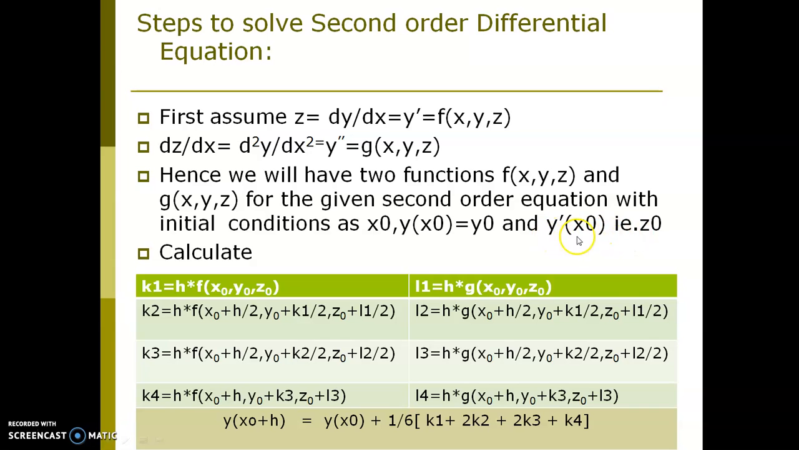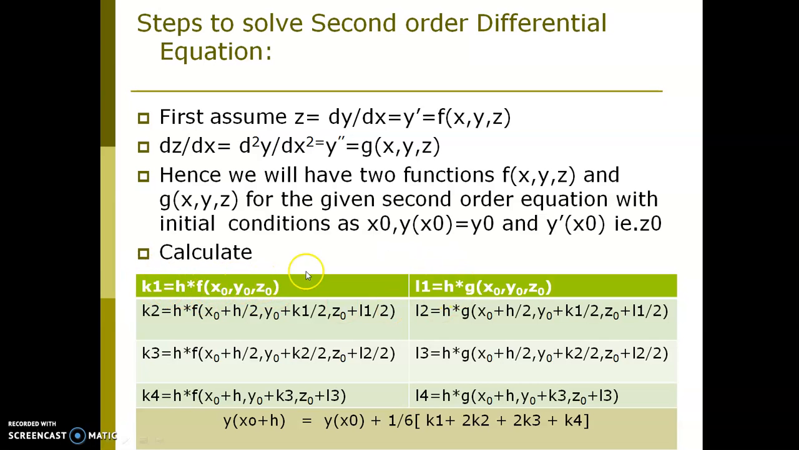So y dash of x0 henceforth we will be calling as z0. Using these three starting points, we can evaluate the function using x0, y0, z0, multiply it by the displacement h, and we will be calling this k1. Now in this case, if f of x, y, z is equal to z, it becomes h times z0